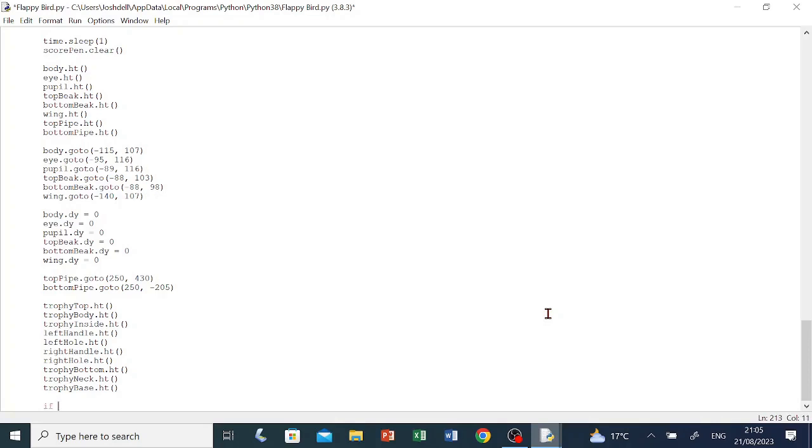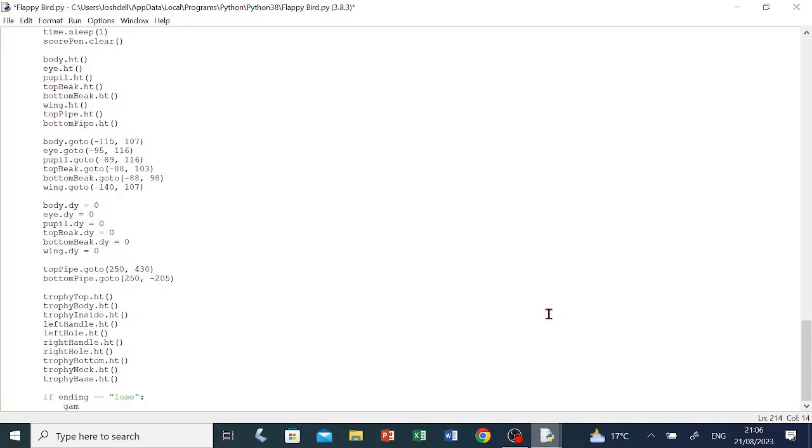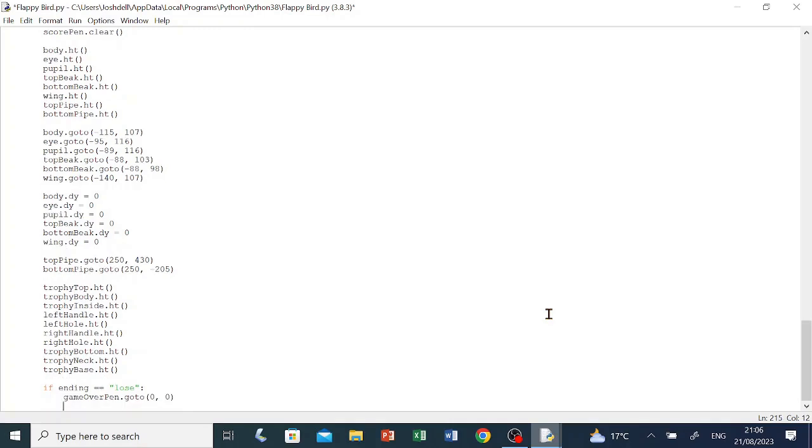If space ending space equals equals space open quotation marks lose close quotation marks colon, enter. Game capital O over capital P pen, make sure game over pen is a single word and the O and the P are capitals. Dot go to open brackets 0 comma space 0 close brackets, enter. So we're moving it back to the center of the screen. Now we're going to change the color of the pen to red. Game capital O over capital P pen dot color open brackets open quotation marks red close quotation marks close brackets,